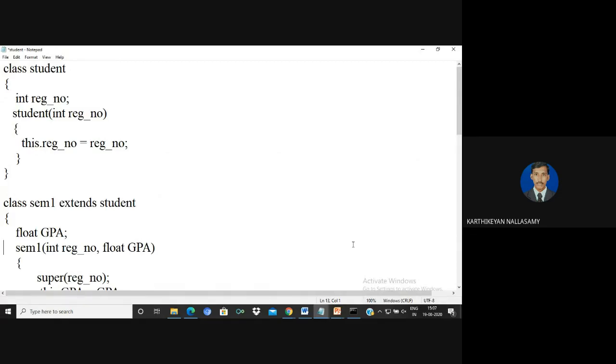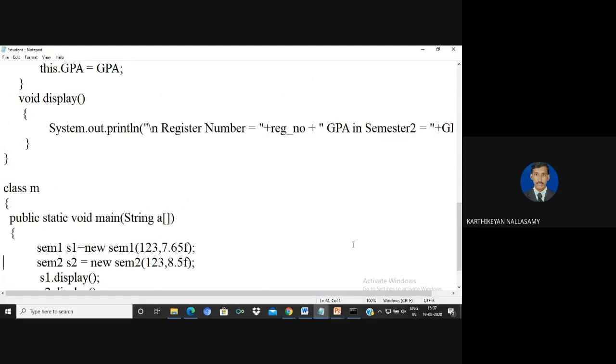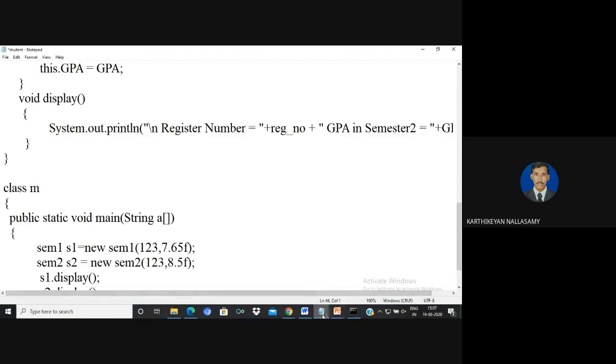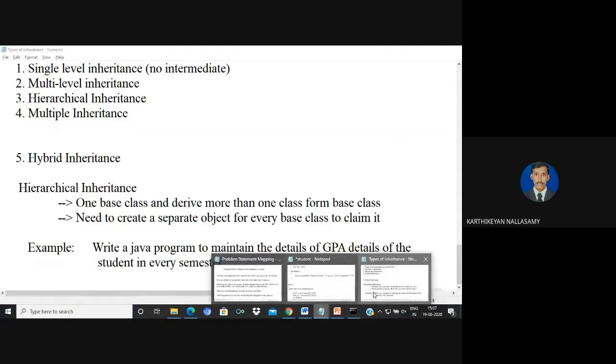For the Sem2 object also, it allocates 8 bytes. You can use any type of manipulation for implementing hierarchical inheritance. So this is a simple way to implement the concept of hierarchical inheritance.